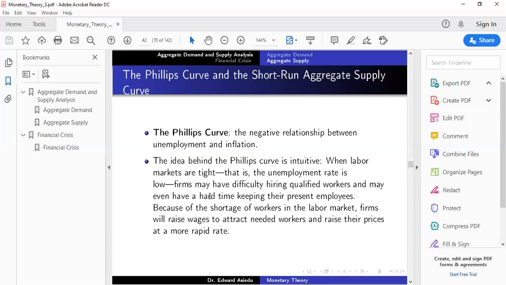It means that firms may have difficulty hiring qualified workers because those who want jobs, they all have jobs. So if you want to hire a worker, you have to pay the person a higher salary, right? And that may lead to higher inflation because they are paying so much money and they are consuming, so price levels begin to increase in the economy. So we are saying that when the labor market is very tight, that is the unemployment rate is very low, firms may have difficulty hiring qualified workers and may even have a hard time keeping their own workers. So some of their own workers, they may have to promise them a higher deal or higher salary to keep them. Okay. Because of the shortage of workers in the labor market, firms